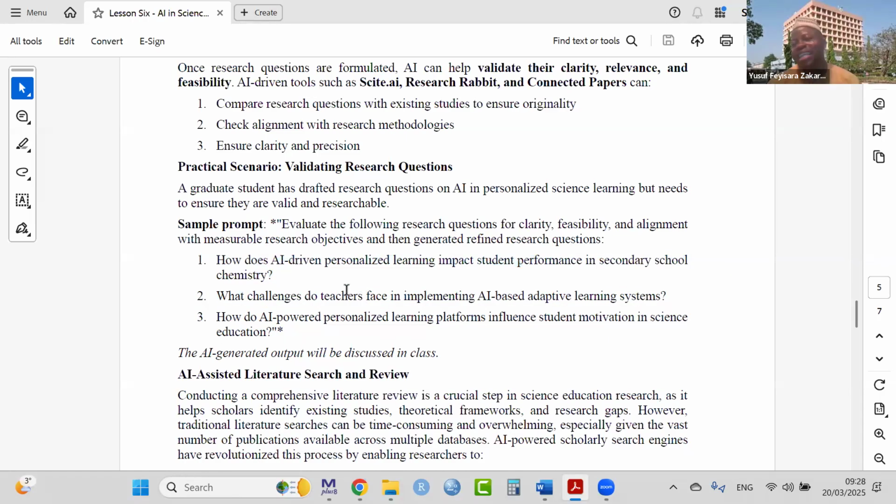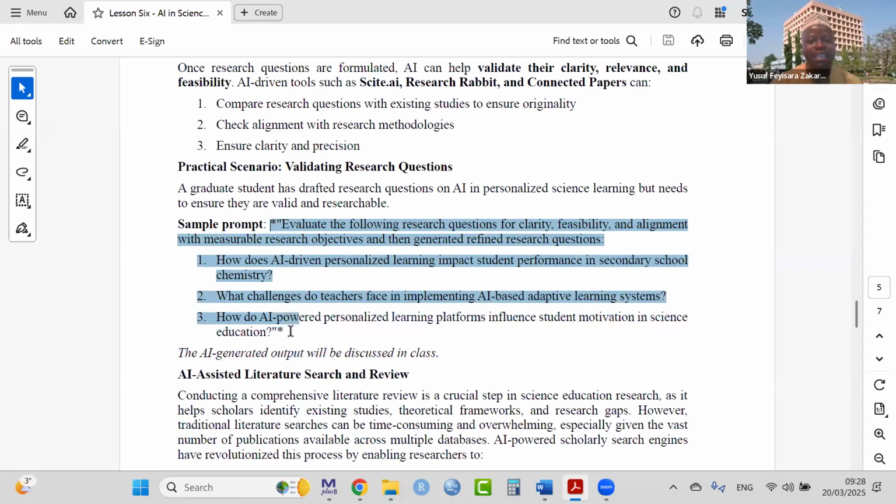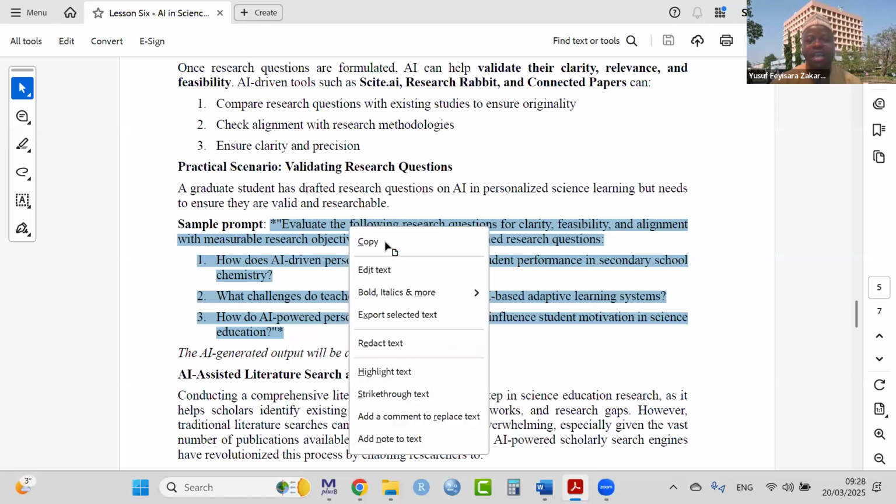But the supervisor said they are not clear. These topics, these questions, they are not feasible. Or these questions, they are not measurable. They are not researchable. You can get this comment. So now you want to use AI as the research assistant to help you reformulate these research questions. All right? So this is the prompt. You can copy this prompt, and then we ask AI to do this job for us